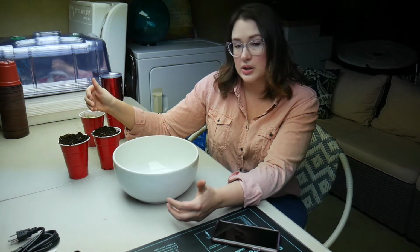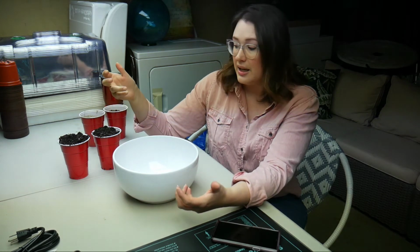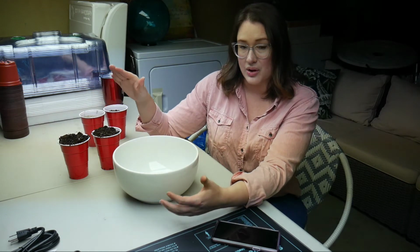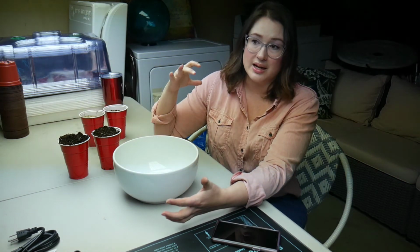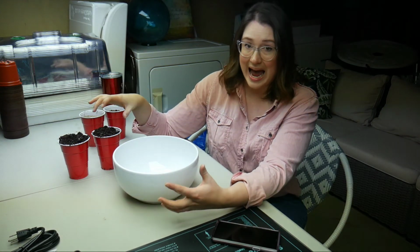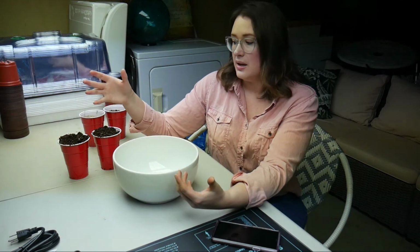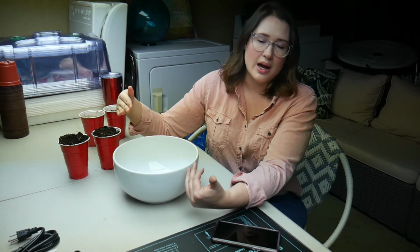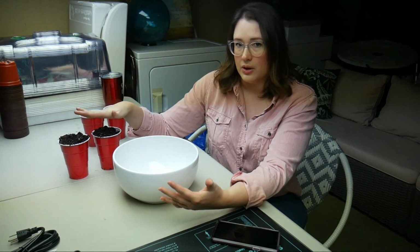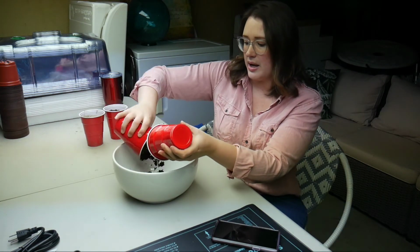It has some fertilizer in it because it's got compost in it, which your seedlings are going to need at a certain point. If you decide to go with a growing medium that doesn't have any sort of fertilizer or compost right off the bat, like if you decide to grow in straight peat moss, at a certain point your seedlings are going to need to have some sort of fertilizer to help keep them growing. They're going to need those nutrients. So this is really simple and easy so that I don't have to think about it. It's already going to be baked in there, and this is really light and fluffy already. So I've got 2 parts of potting mix,